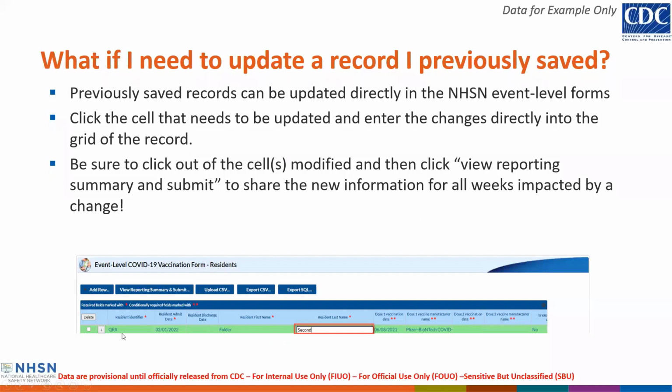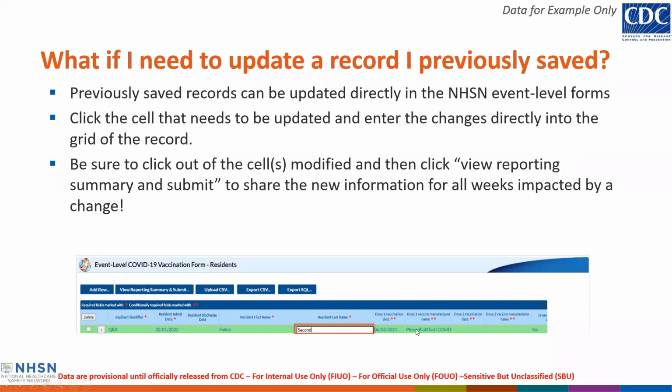Right, so you can just go in, find the record that you want to update, and then click on the cell that you want to update, and you can see that depicted here in the screenshot. So let's say I found out that this person's last name was not accurately typed in the first time around. I just click it and I can backspace, I can add to it, I can do anything I need. If you find out that a vaccination date was incorrect, you can just click that and type over what's there. Or if you find out maybe this person actually didn't receive vaccination, you can click the date and delete it,